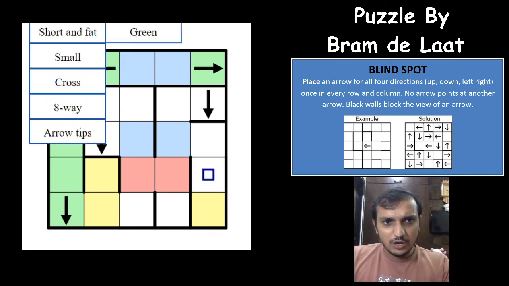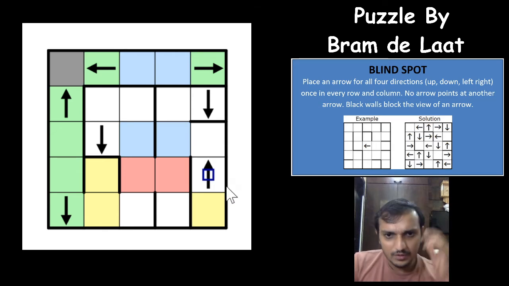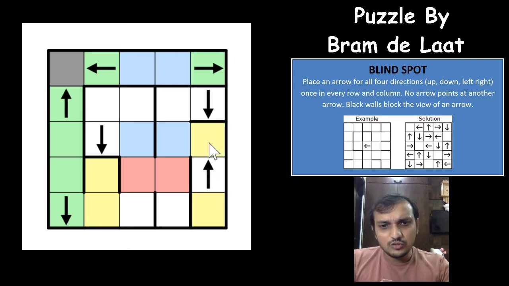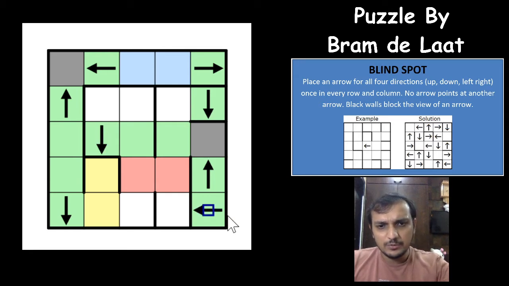That's nice. So upper arrow will have to be here, and that gives you a cross here. So that is excellent. That gives you a cross here. All of these would be arrows, and this one would have to be a left arrow here. Okay, left and right. So this cannot be left.